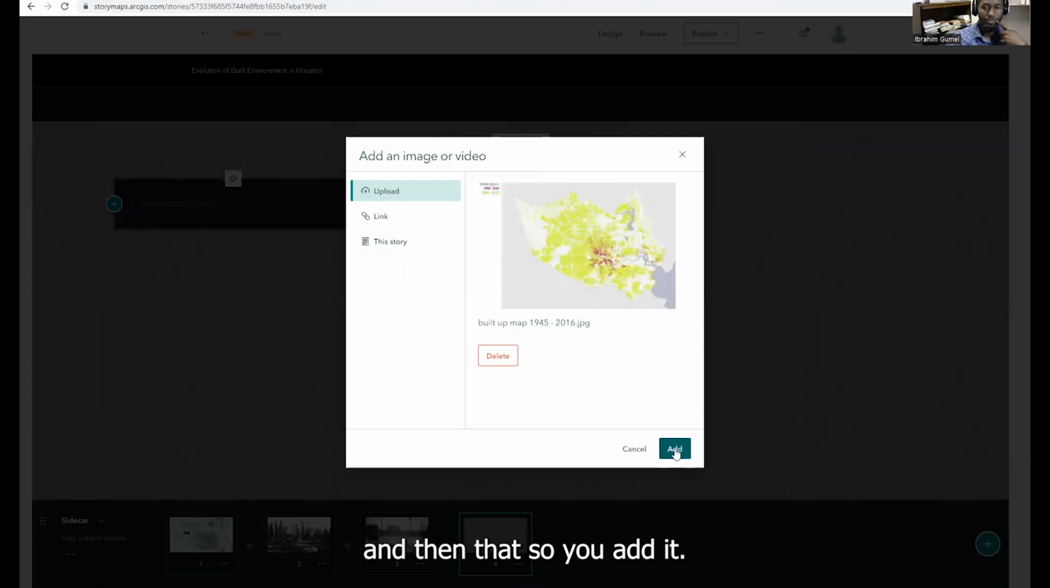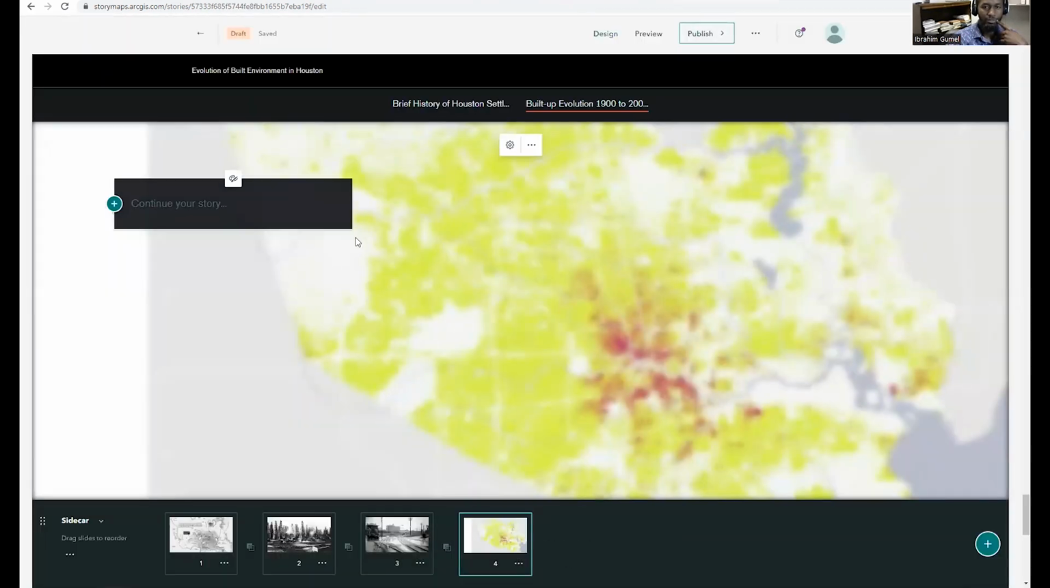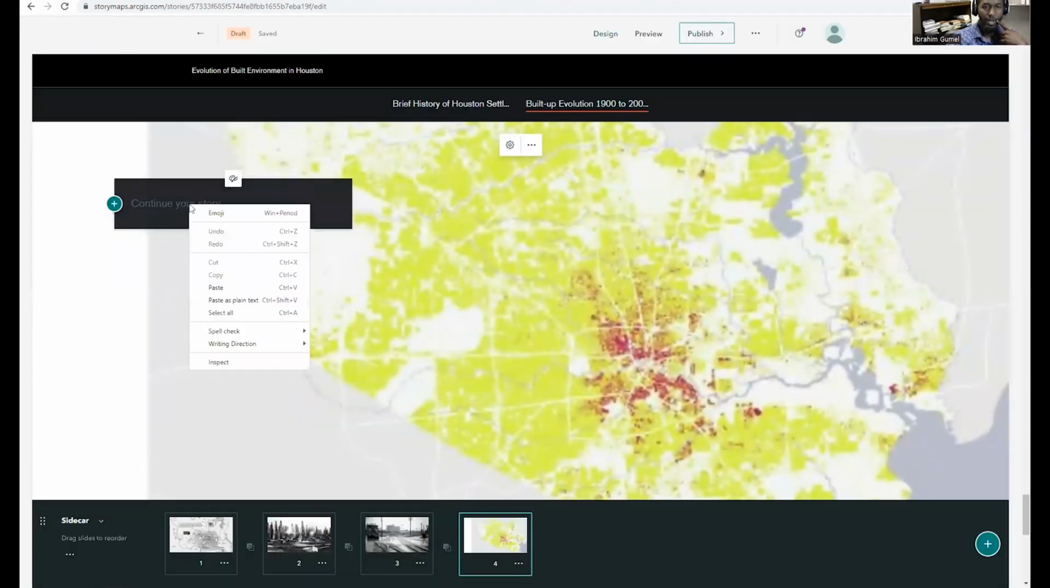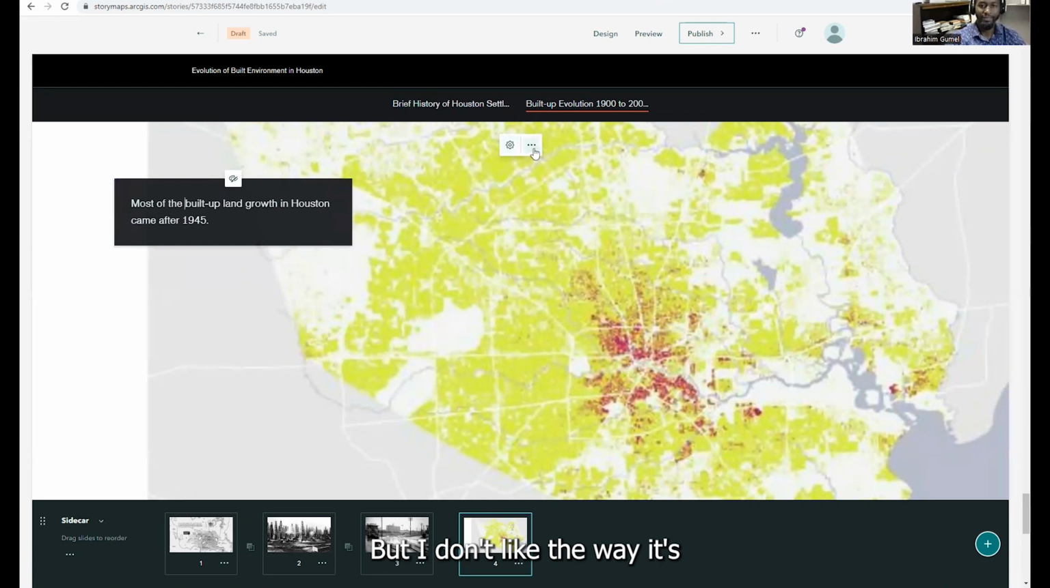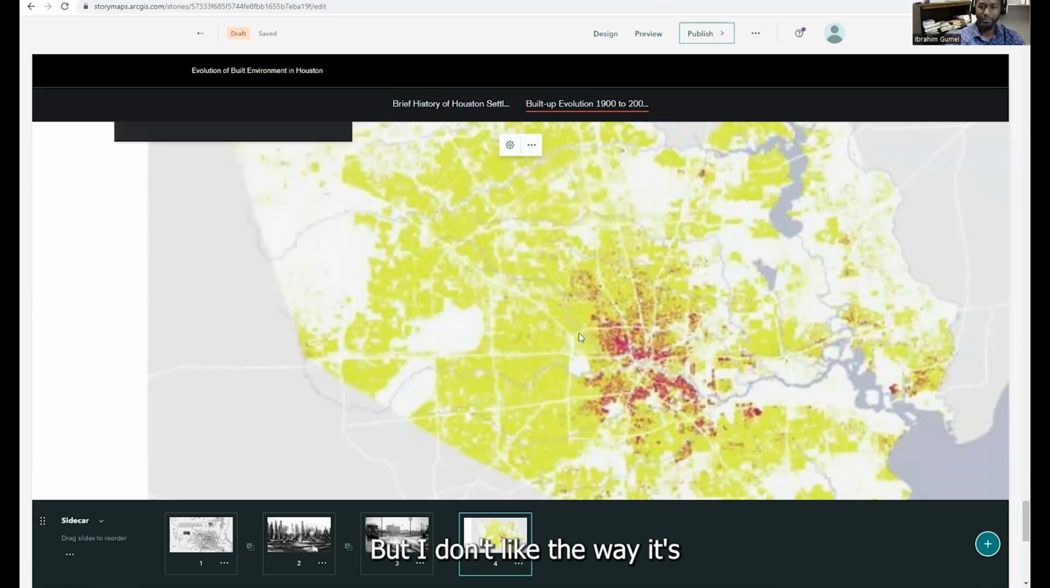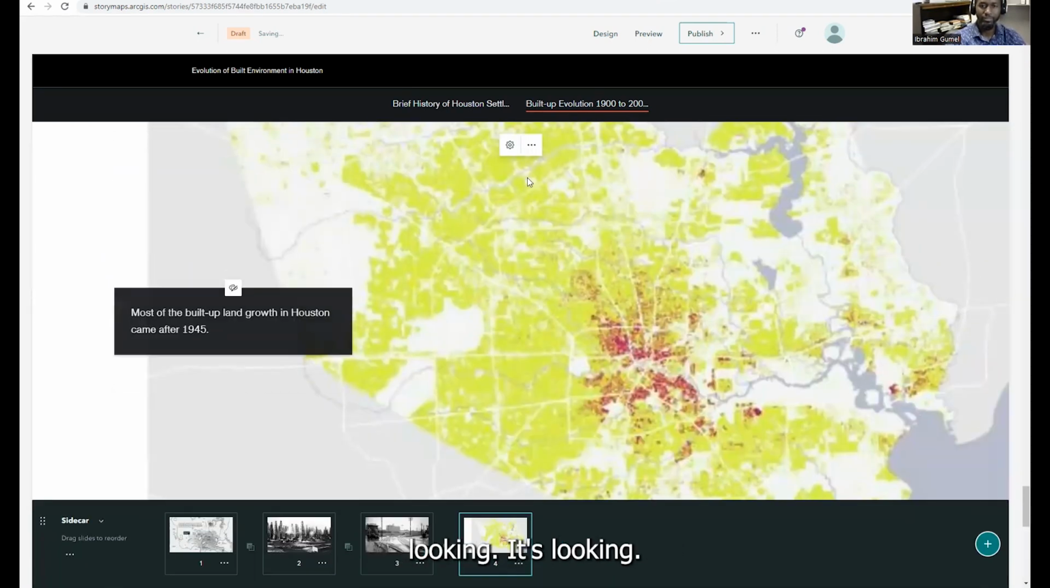And then we add it, and we can paste it. But I don't like the way it's looking. I think we need